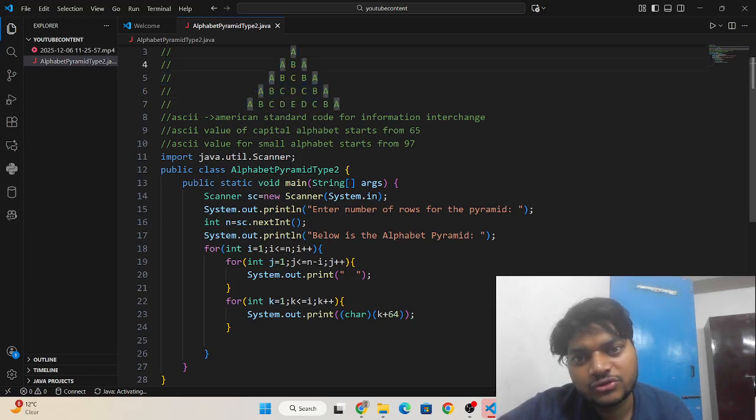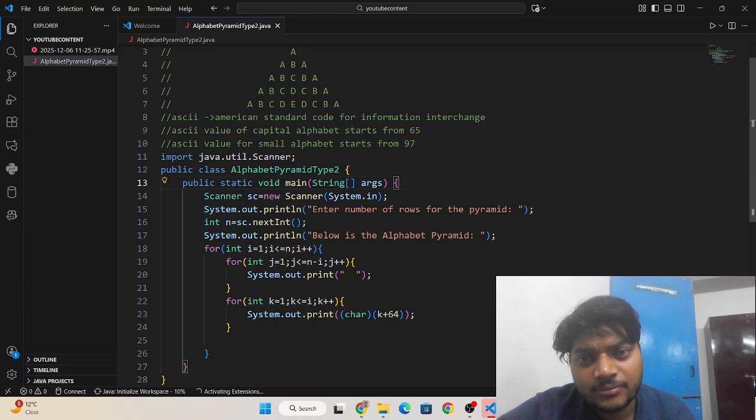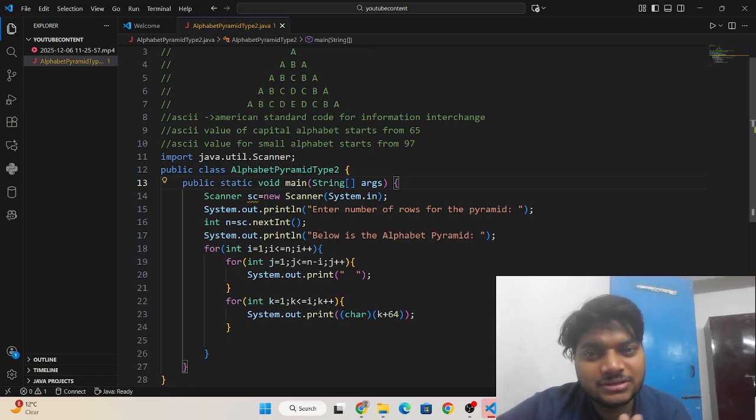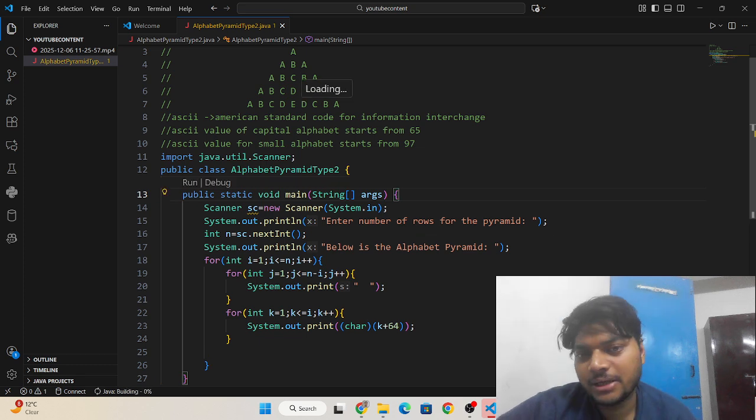You can see in the first row there is no element, in the second row A only, in the third row B A, in the fourth row C B A, in the fifth row D C B A.